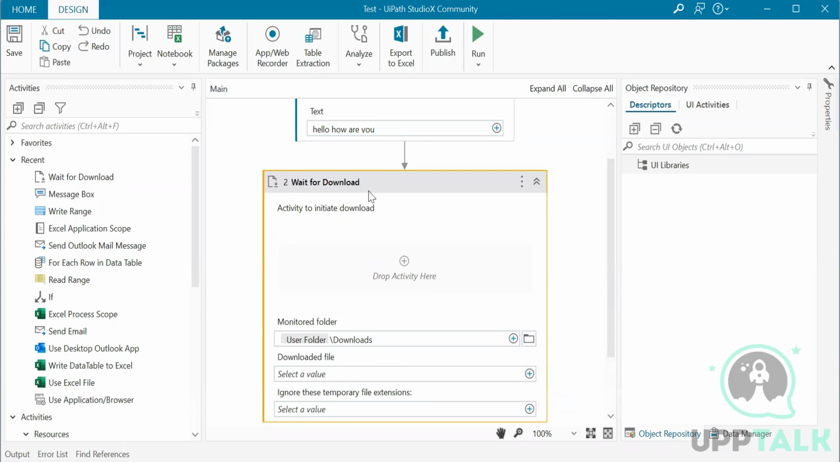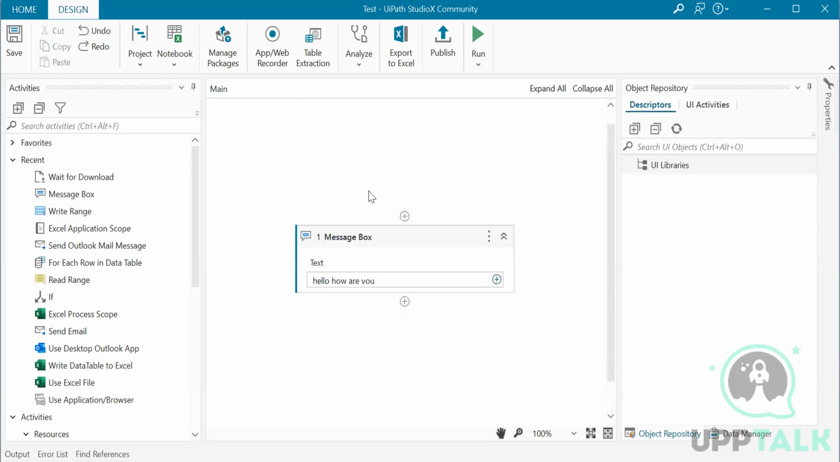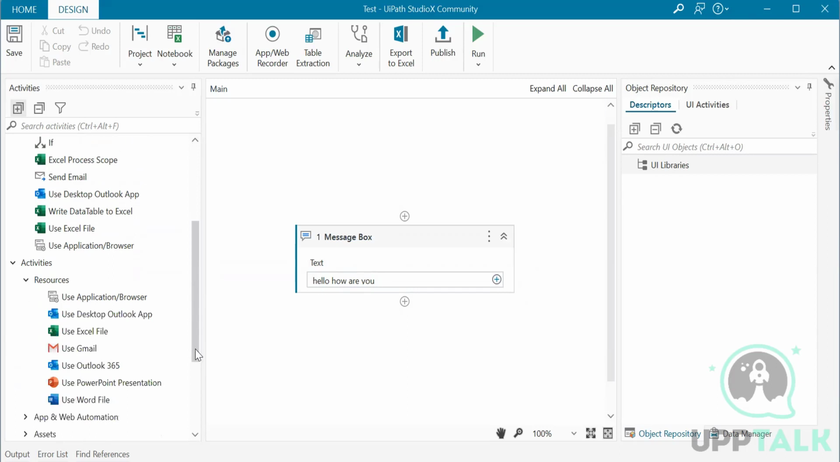Actually, when you talk about UiPath Studio X, there are two types of activities. One is resource, one is activity. Okay, what is a resource? You see, I want to work with this, which is UiPath Studio X, right? So what are the two types of resources we have? You can see that. Can you see the major activities? Use application browser,